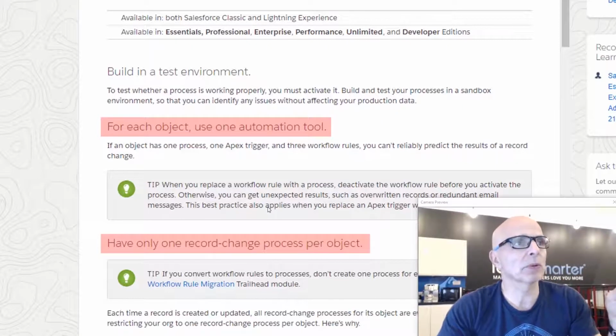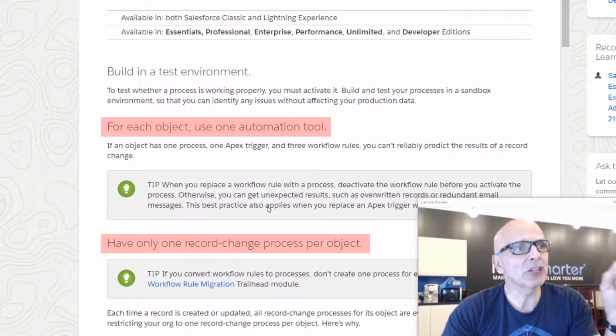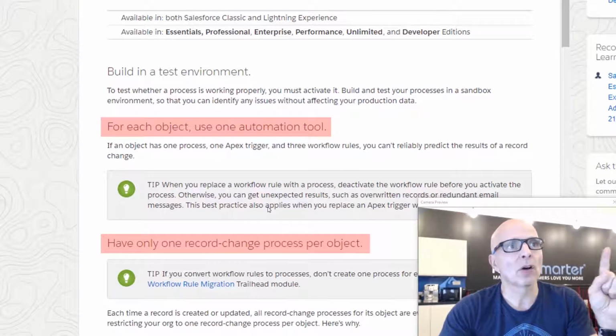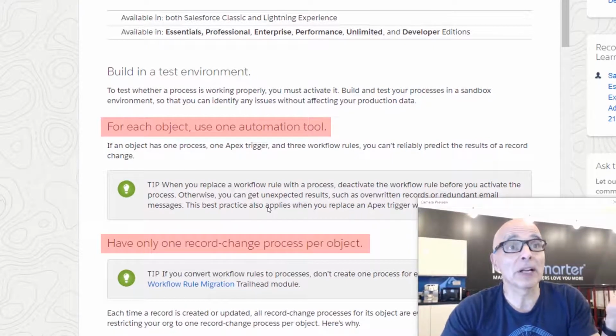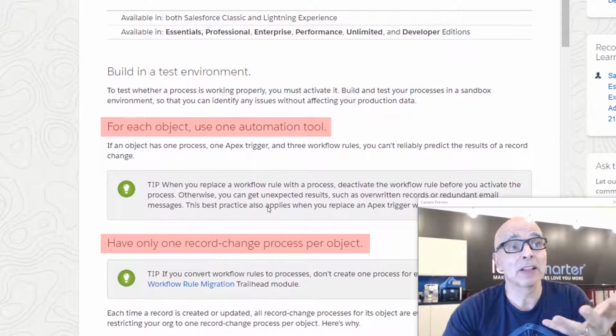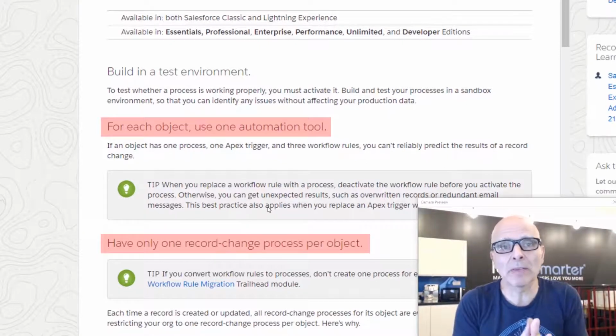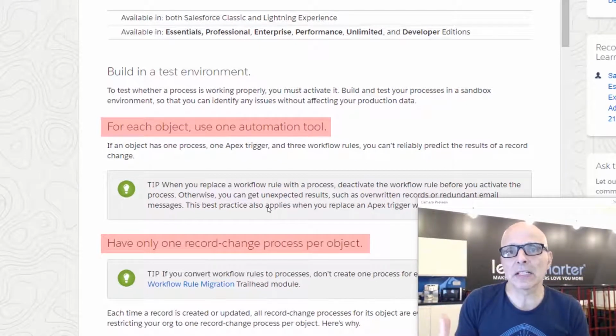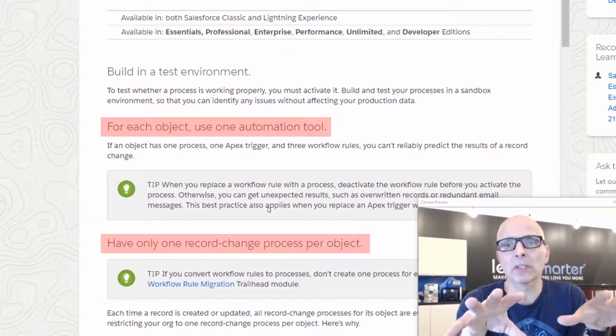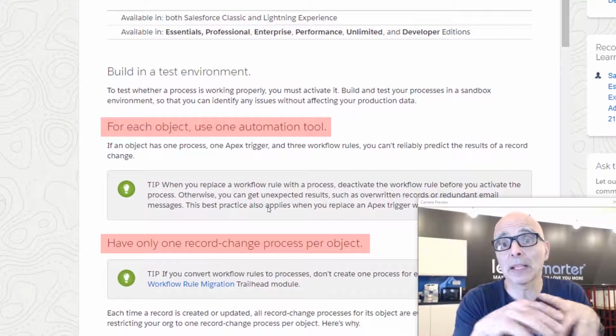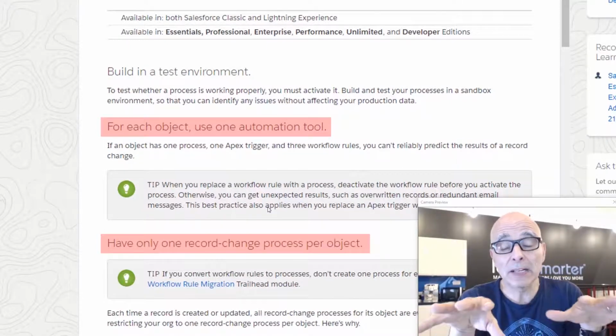Think about the first one of those. It says here in each object have one process, or basically don't have one process, one apex trigger and three workflow rules. So Salesforce even recommend that you don't have apex triggers running in addition to processes. Now, if that is what you want to do, and there are plenty of use cases where that possibly isn't a very good idea, but if that is what you want to do,